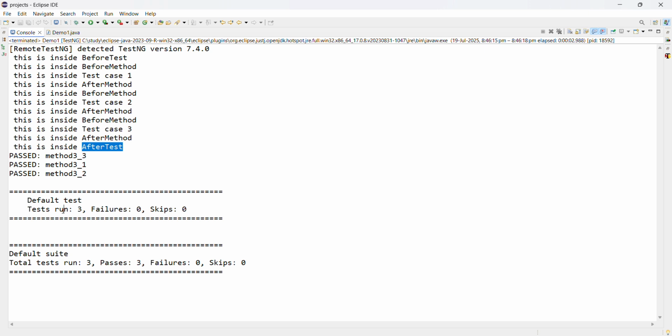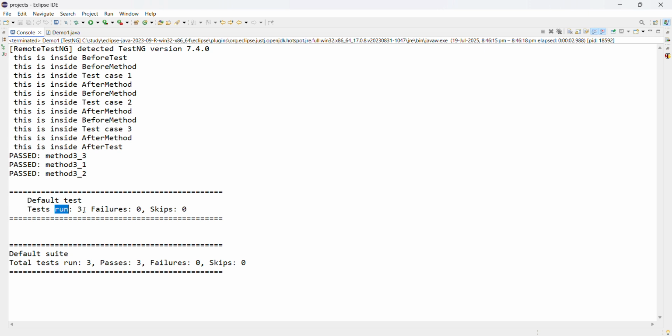But here the test cases they will consider are only 3. Why? Because whenever there is anything with the @Test annotation in TestNG, that will be considered a test case, not the after method or before method. So after method, before method, after test, before test are considered the conditions, the prerequisites, for when they will be executed.